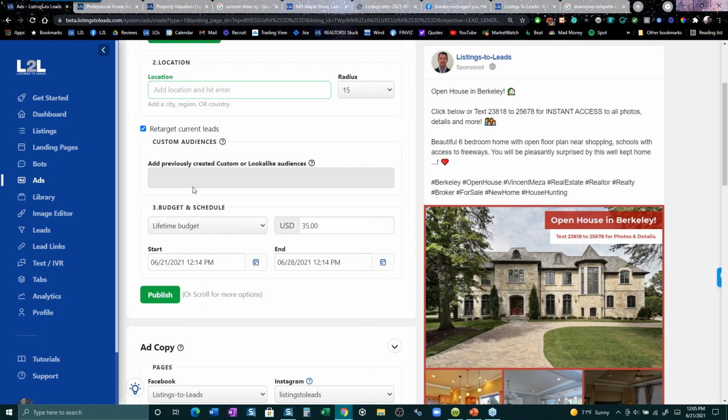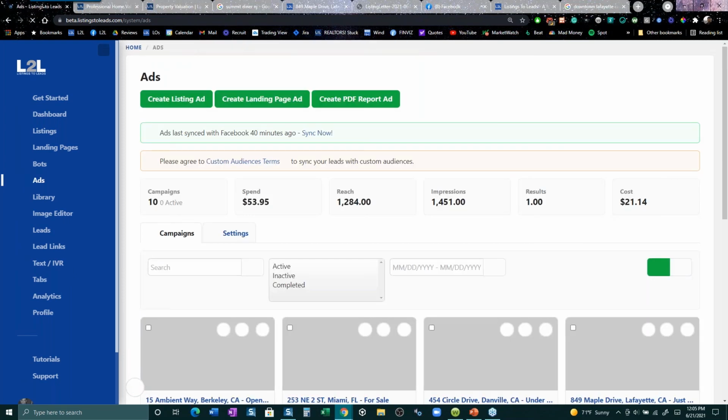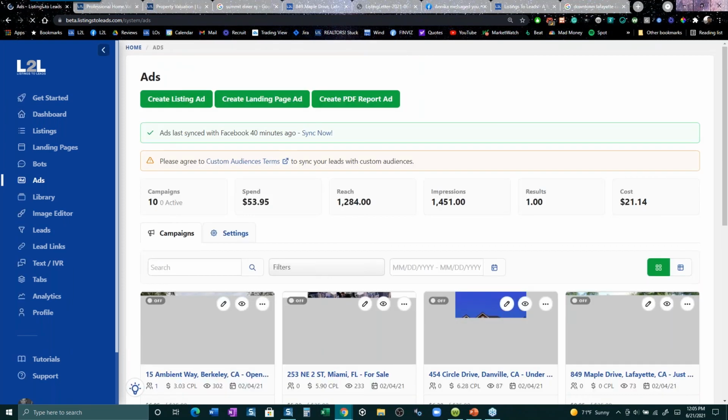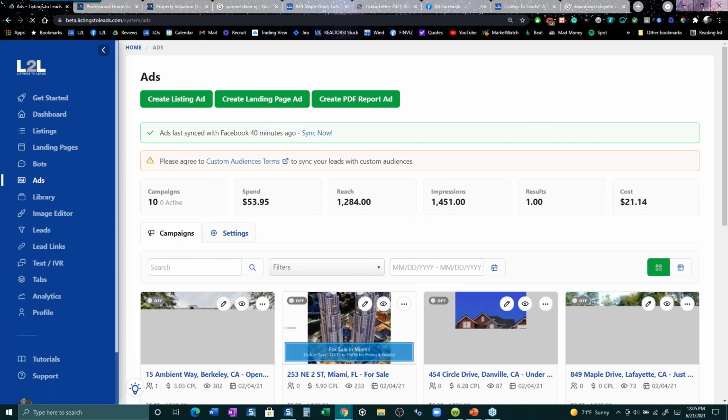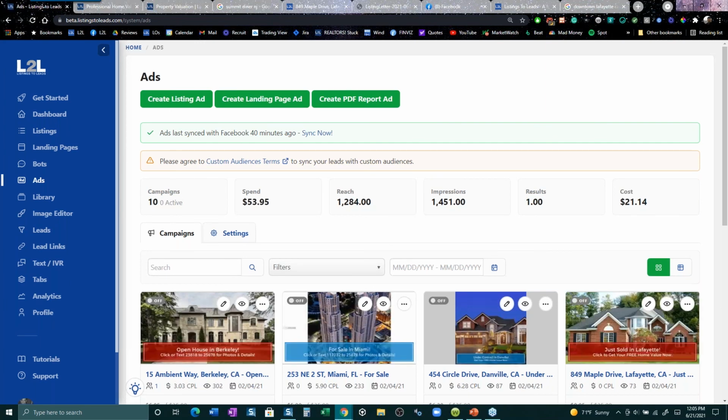I definitely recommend, number one, that if you're in real estate, that you run all your ads through this page. If you've ever run ads on Facebook, you know there are 3 pages. You know there are plenty of places to make mistakes, and you can waste a lot of money there. In our system, our ads are boiled down to 3 clicks. It takes you just seconds, like not even a minute to run that. So I do recommend that you do that, and I do recommend that you turn on retargeting and that you